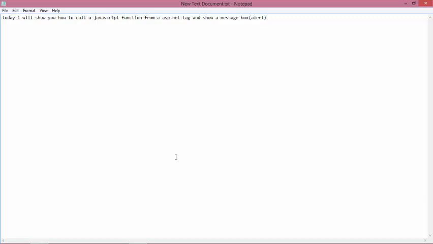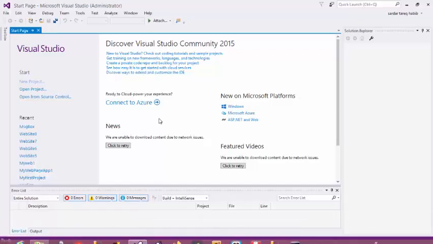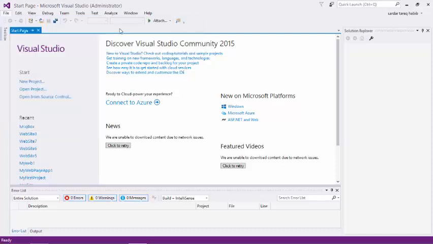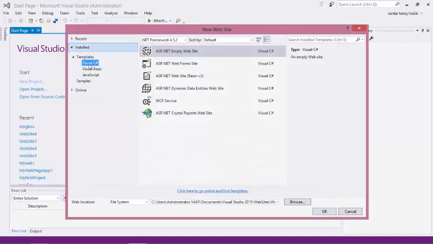Today I will show you how to call a JavaScript function from an ASP.NET tag or show a message box, alert. So please go to ASP.NET 2015, or you can also do it in ASP.NET 2017 or 19. Just go to File, New and Website. We will make an app in web mode. Just click the Visual C# ASP.NET empty website, and now you just name it